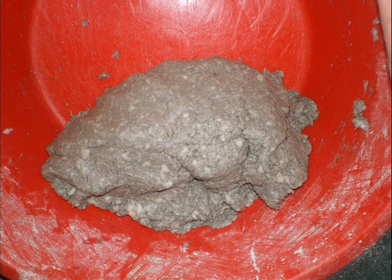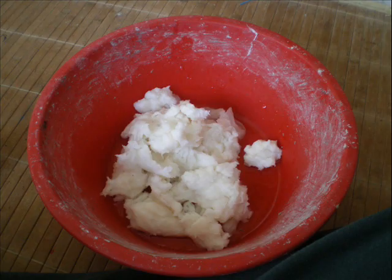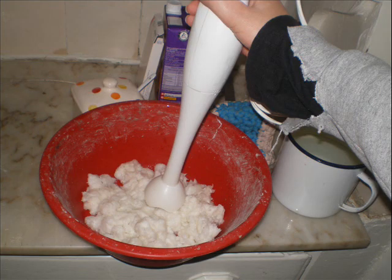Hello, this will be a very small video to show how I make my Papercrete paste. So first I start by soaking the toilet paper under water, and then I blend it with my hand, and I see if there's enough water to put in afterwards the soup